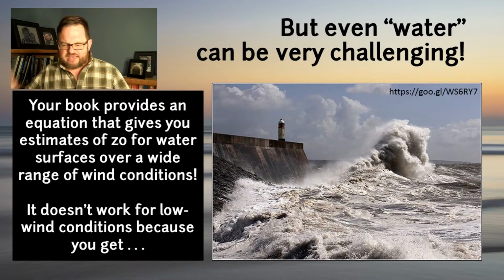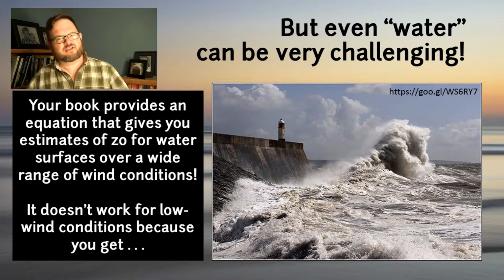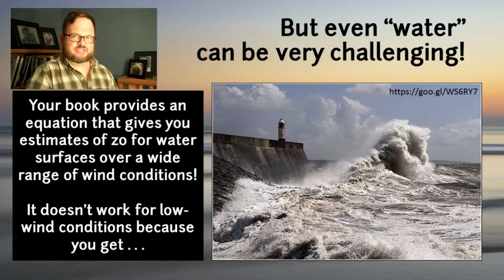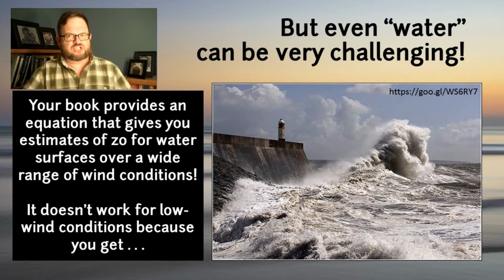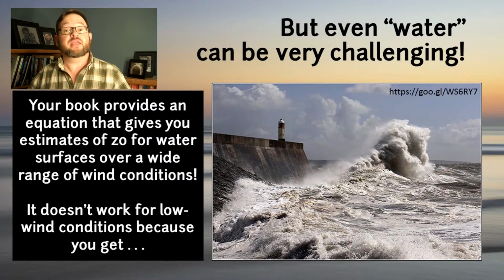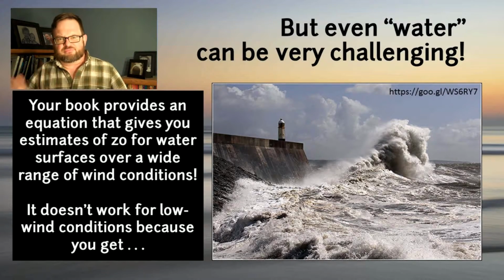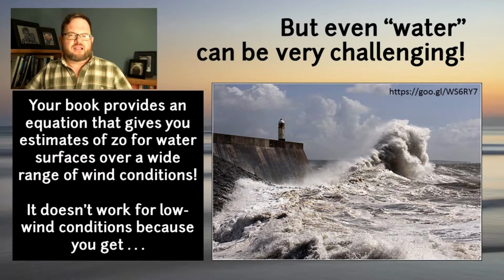Now, to some extent, that kind of begs the question, right? If you already know the winds, why would you need to know the value of Z0? And if you don't know the value of Z0, where'd you get the winds? Unless, of course, well, anyway, get it? It's kind of a problem. But I can see from a modeling and theory point of view, it makes some measure of sense.